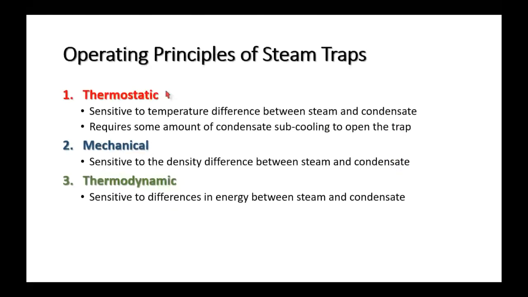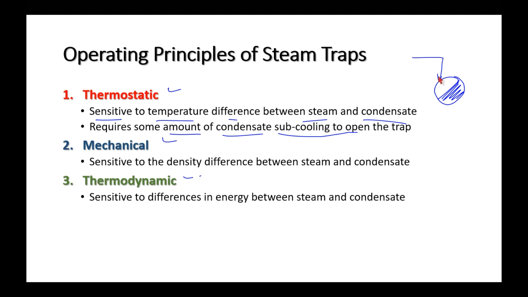So, operation. We talked about the three types. Here's a little bit of a different way of looking at the operation of a thermostatic trap. It's sensitive to the temperature difference between steam and condensate. Here's another way that we can comment on it. It requires some amount of condensate to subcool in order to open the trap. So if I've got a thermostatic trap here, and that's just a very simple symbol for a trap,